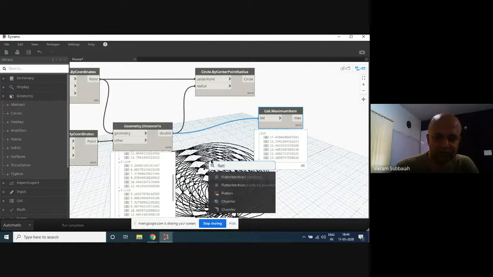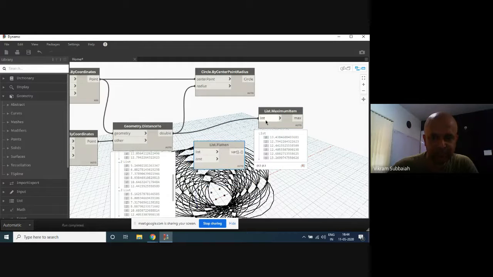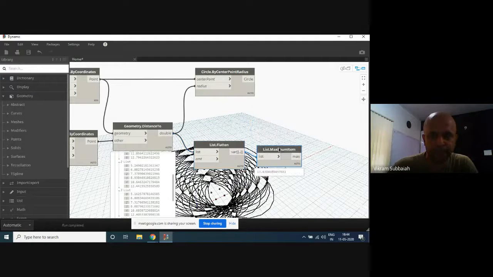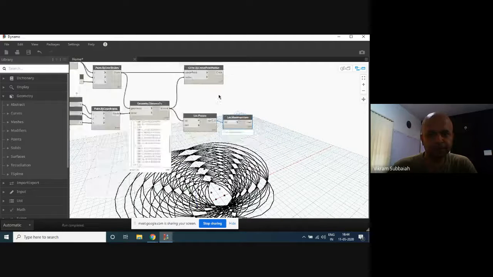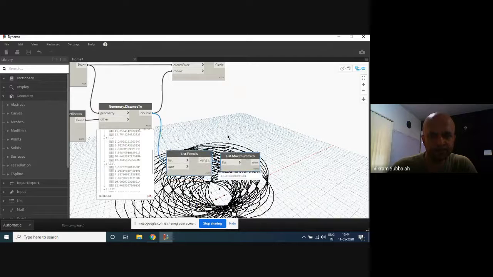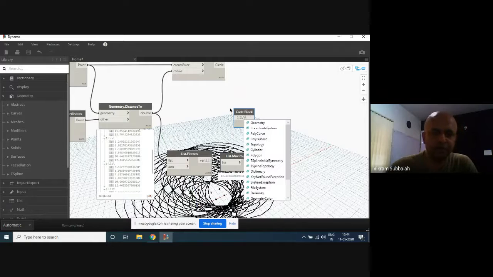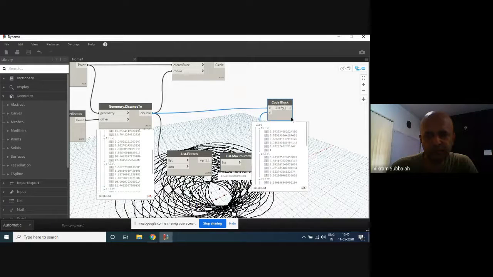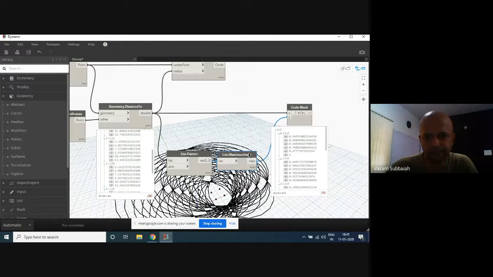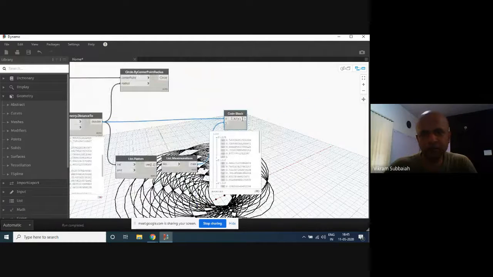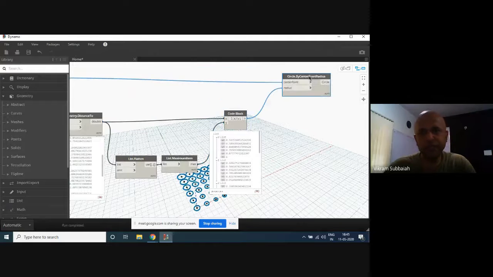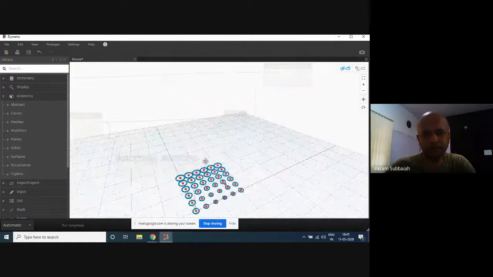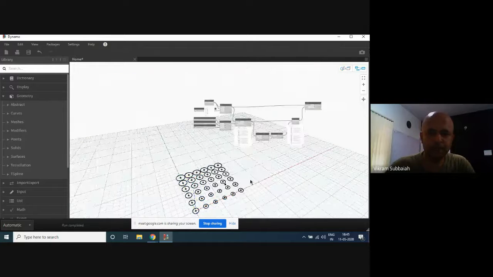So I'll flatten the list, because the list structure doesn't matter to me. I just want to know what's the maximum item. So then I know that this is the maximum item. And then you can divide. So you say x divided by y. If we divide, we get a list of items like this. Now this one, if we feed into this, we get a cleaner thing, which probably makes a lot more sense.